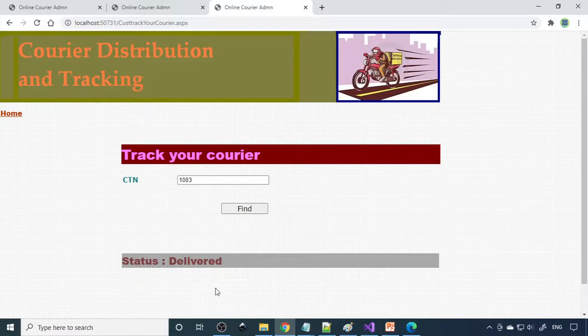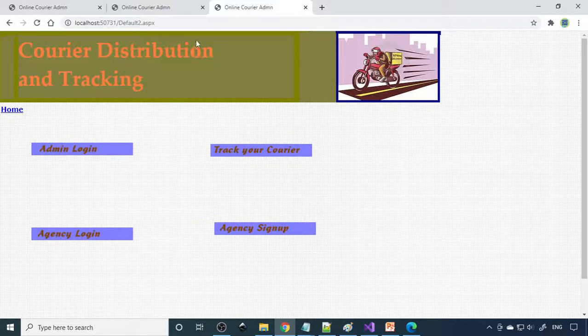We can give more information here, but to serve the purpose, I think giving the status as delivered means that particular product will be delivered to the corresponding customer. At the entry level, if you do this much, I think it will do the job.